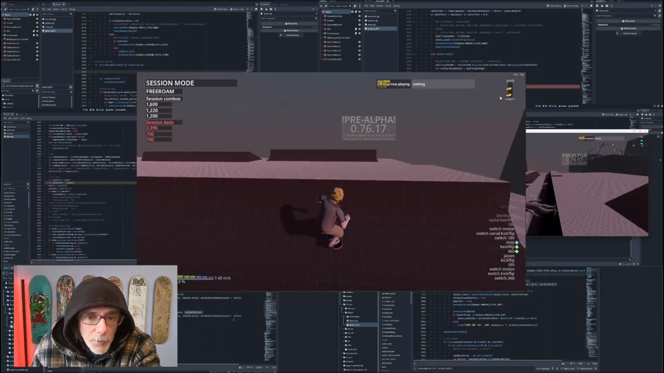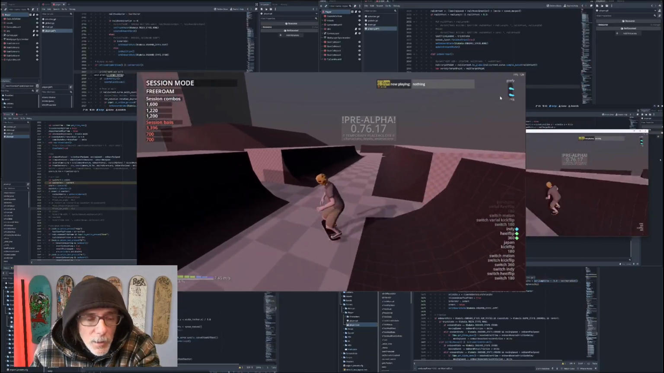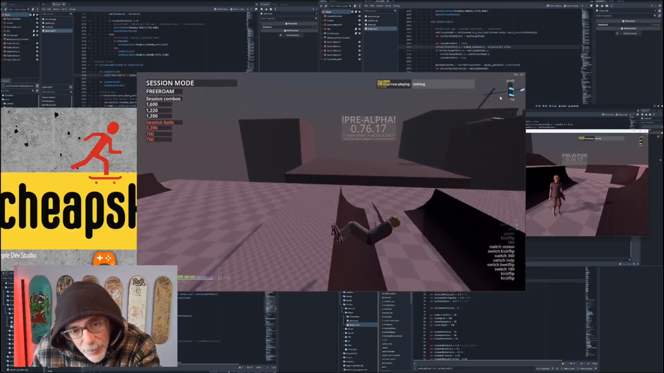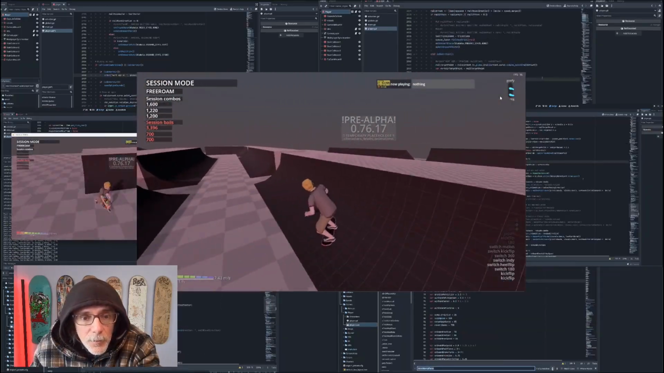Yeah, it's fun. I really enjoy working on this. I'm working on it as much as I can when I have opportunity. Yeah, this has been one of the last big things